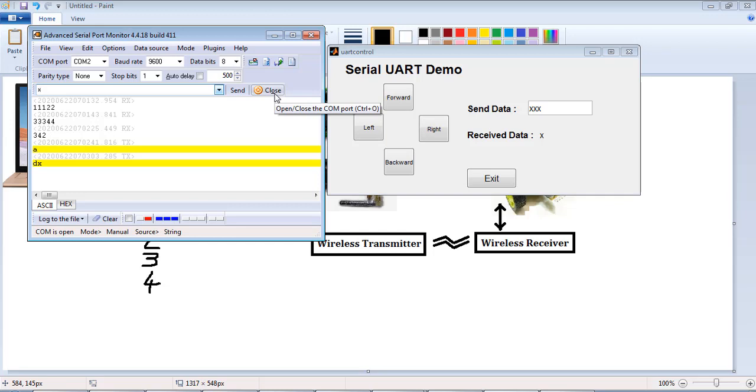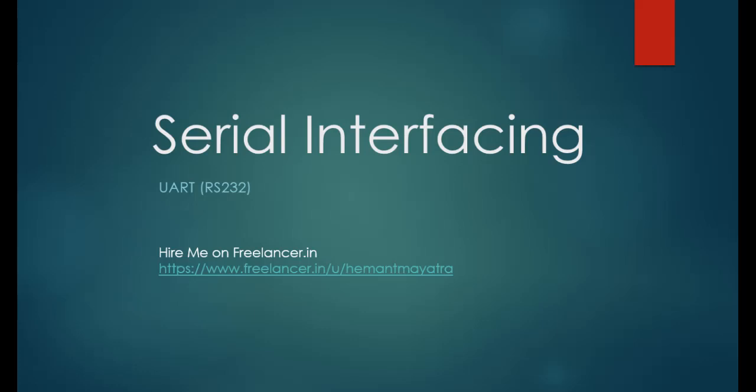In this example, I have considered an application which sends a single character and receives a single character. You can develop more complex applications like sending strings of characters and receiving strings of characters.